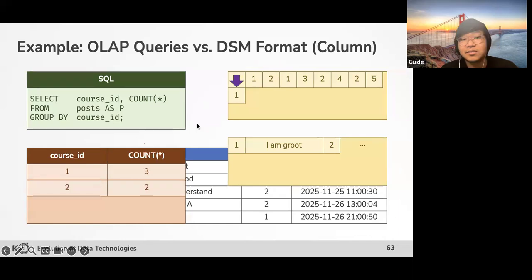You can see how much less data we need to access if you store it wisely. This is why OLAP queries love data stored in the DSM or column format. Sadly, most OLAP database management systems are not storing in the pure DSM format,